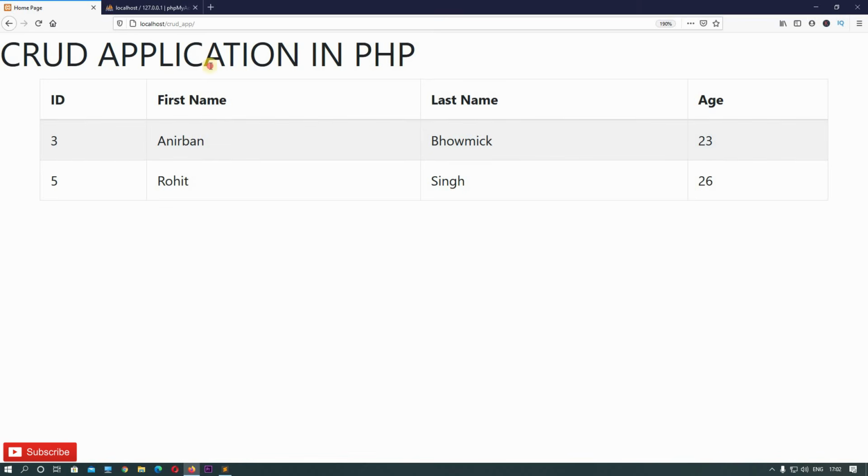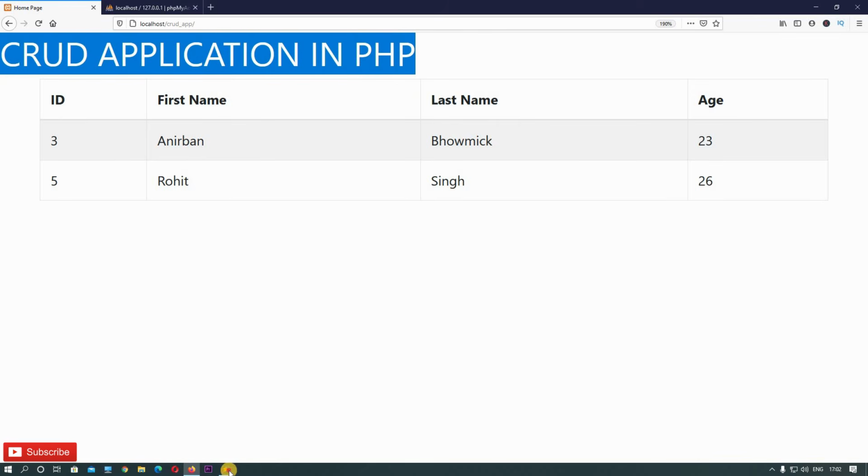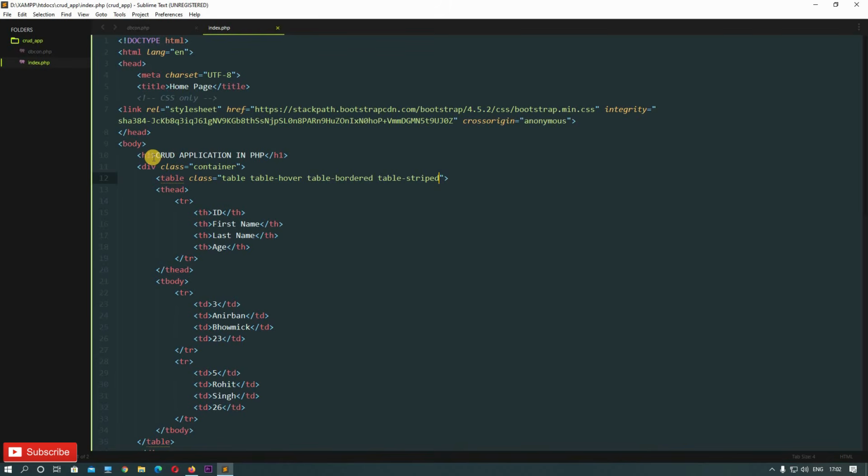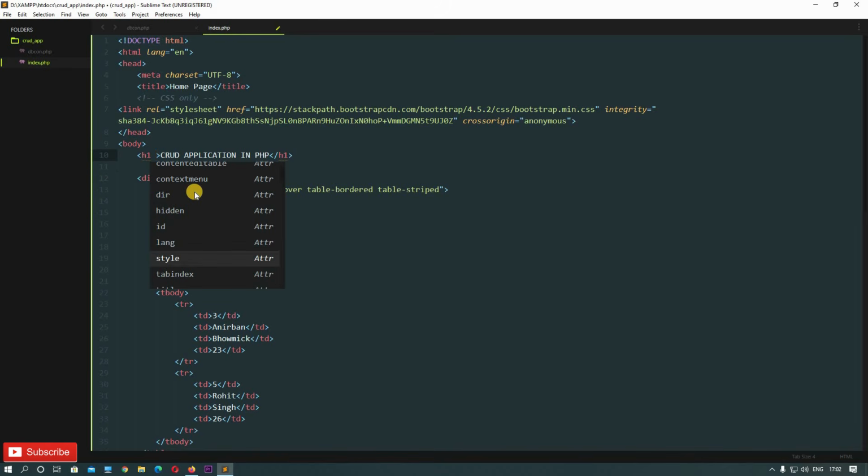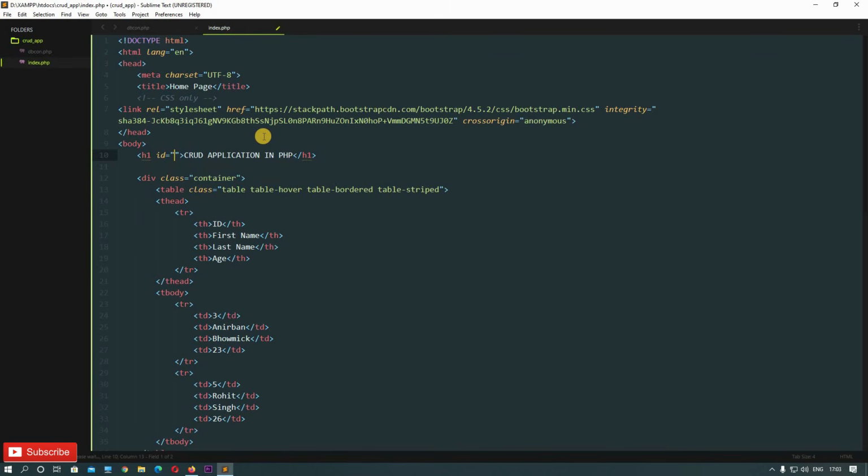Now let's make this title a little bit more beautiful. So we will come here and we will apply some CSS in our h1 tag. Okay, so we can do inline styling also, and if we want we can do external CSS also. So let's do external CSS. Let's create an ID for this and let's name this main title. Okay, save this.